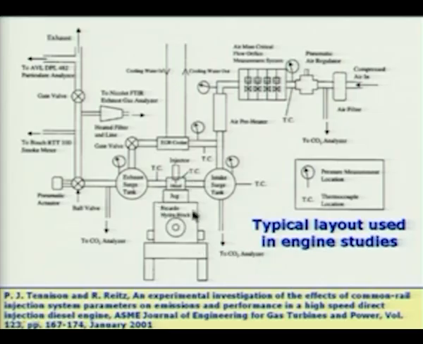So, this is the engine which we are now looking at. The study is basically a study of this part of the setup. This is the engine, and wherever TC is written, thermocouples are there to measure temperatures, and such a symbol is a pressure gauge. So, pressure measurement locations are also given. You see that a large number of pressure measurements are involved, a large number of temperature measurements are involved, and apart from that, a few other important things are, for example, the smoke meter. The exhaust is taken to a smoke meter. We are talking about the opacity measurement, that is one of the measurements which is going to be there.